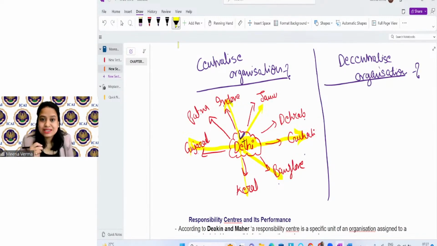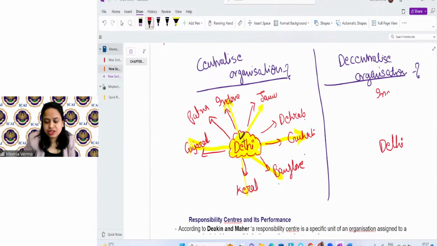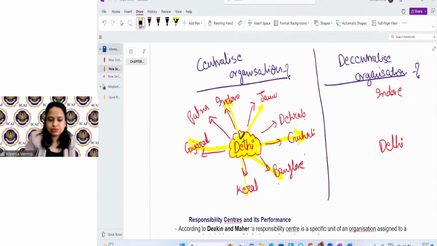So this is a centralized organization where the entire decision of the company is taken at a centralized place. Now let's talk about decentralized organization. So we have the head office in Delhi, and we have different divisions in Dehradun, Jammu,